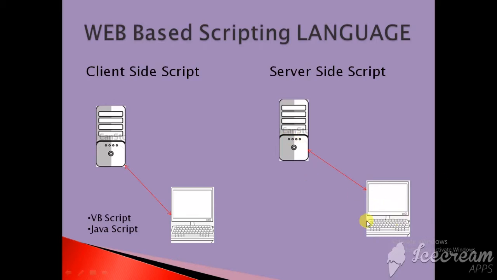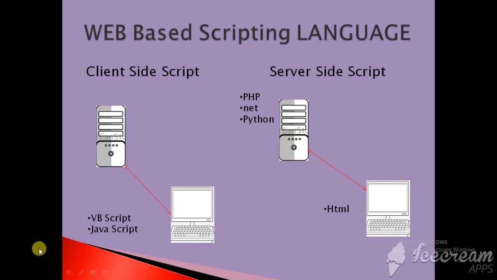Means if a client or visitor who visits your system sends a request to your system, then the system will go and check it, but it will be handled directly on the server, not on your browser. Whatever is seen on your browser will be the HTML file, that is the HTML document. The basic server-side scripting consists of PHP, .NET, Python, and many more languages for the server side. So this is what the web-based scripting languages include.